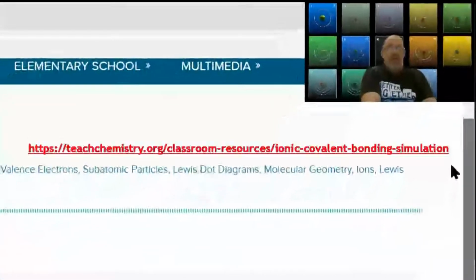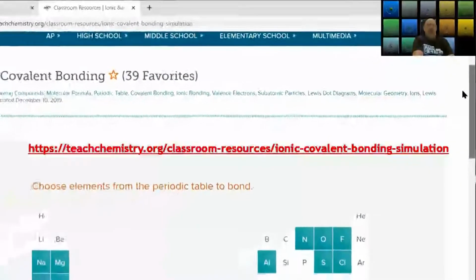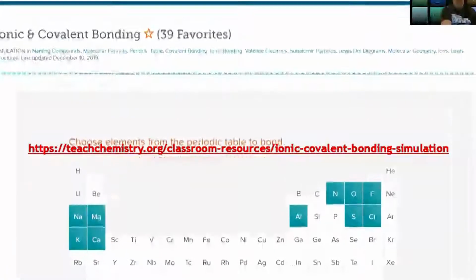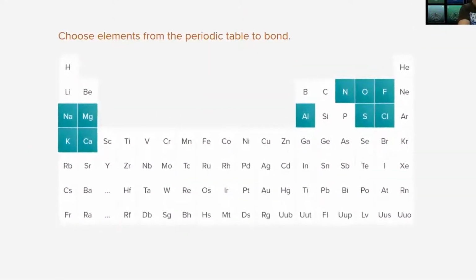So this simulation, again, is ionic and covalent bonding, and we want to try to use this simulation to help understand the difference between them. So we're going to use a periodic table, we're going to use Lewis dot structures, and we're going to use some logic. Now the first thing is, we'll notice that we have this periodic table and we have some elements